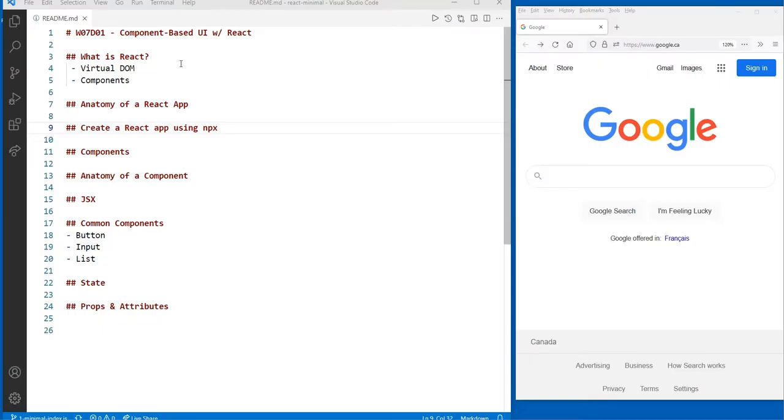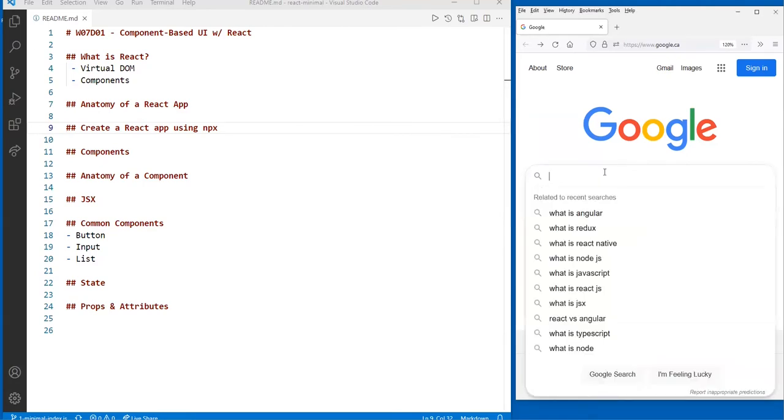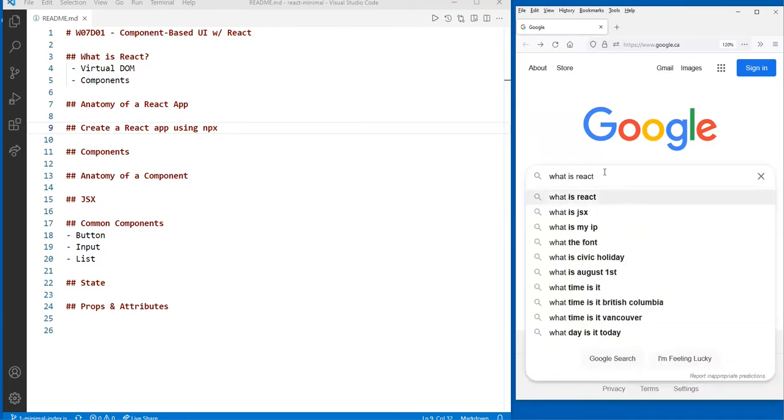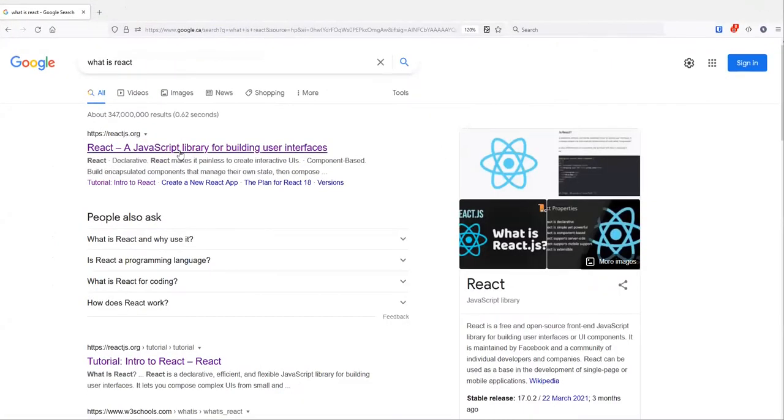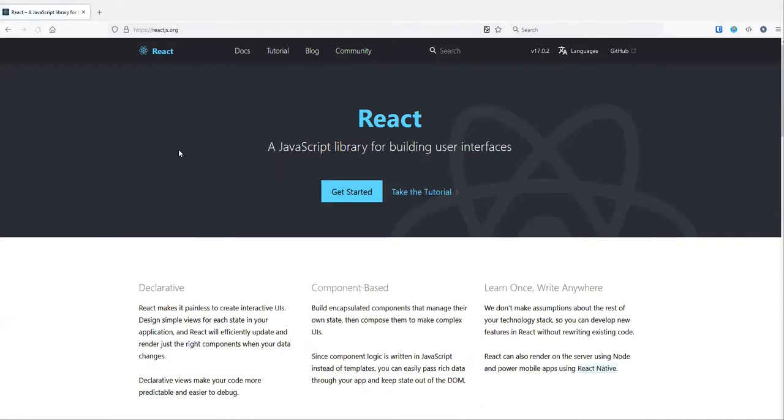So welcome to our first talk on React. And has anybody, by the way, Googled what is React? Anybody done that? Anybody not done that? So that's the first thing we want to know: what is React? Let's just ask our good friend Google, what is React? And we go to the React docs. It says